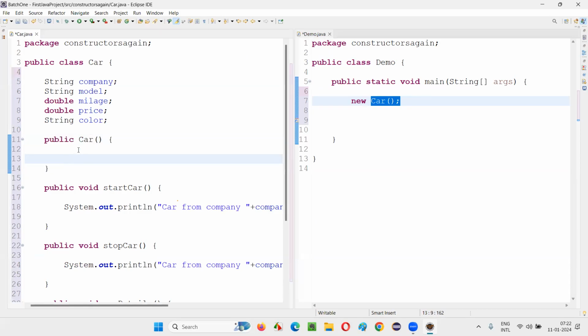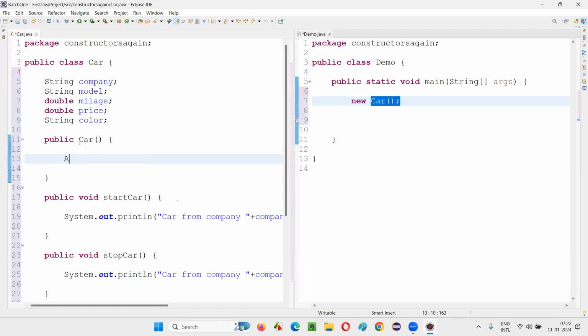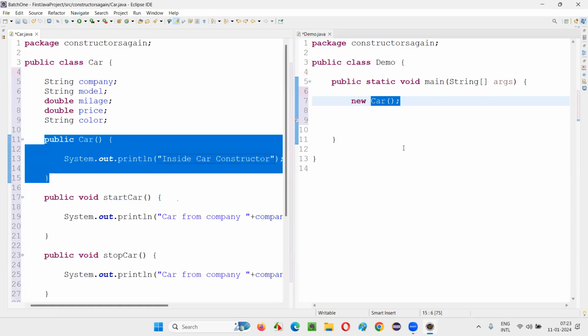Now here I'll write System.out.println inside car constructor. Now is this constructor empty?